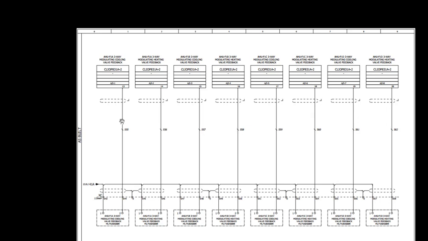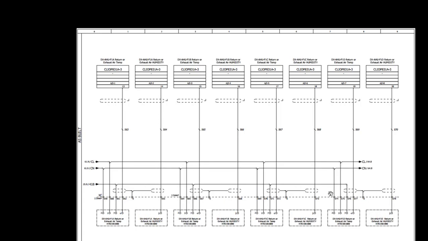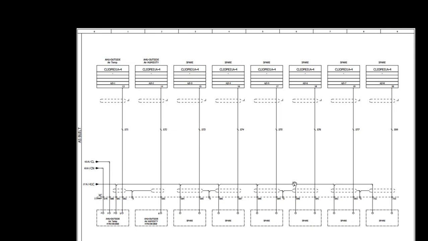So here we have feedback from the cooling valve actuators. Here we need only 2 wires because it's a 0 to 10 volt signal only for the feedback to know about the position of the cooling valve actuator. So here we have all the cooling valve actuator feedbacks. Okay, then here we have spare points. In every panel you will find about 20% or 10% spare points as per your project specs.